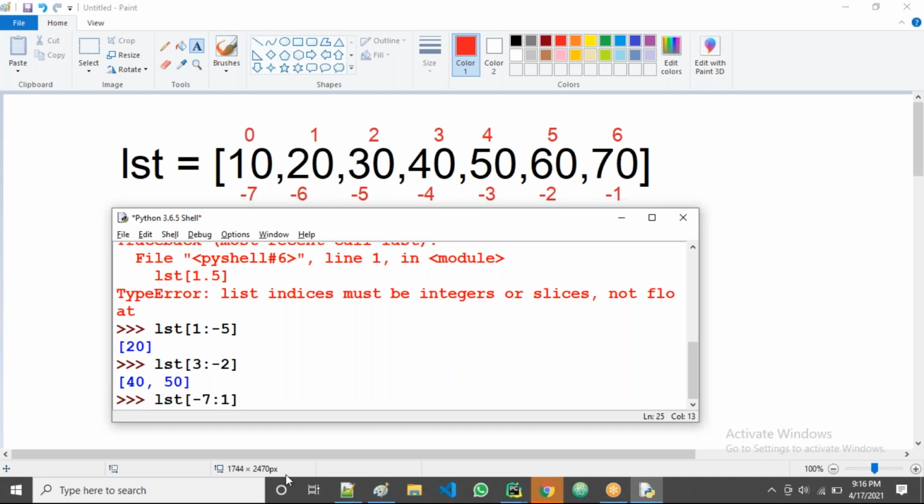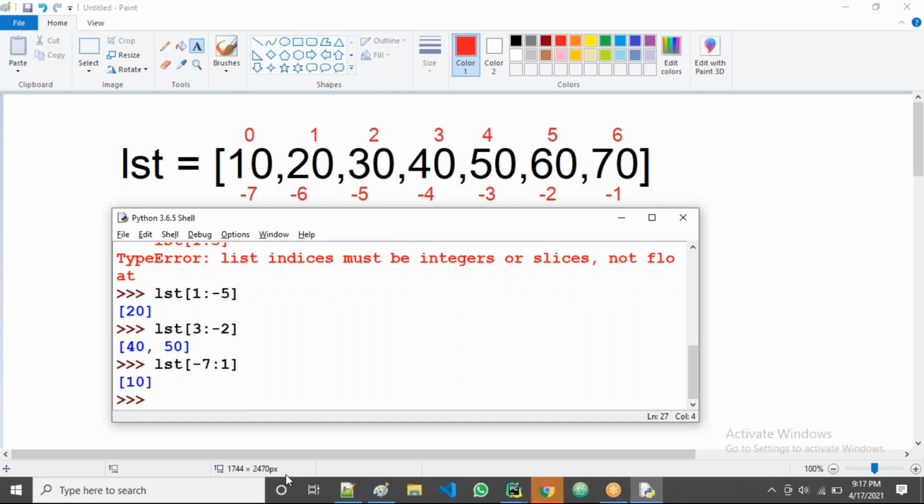Minus 7 colon 1. All of you reply. Yes, right. 10 now.